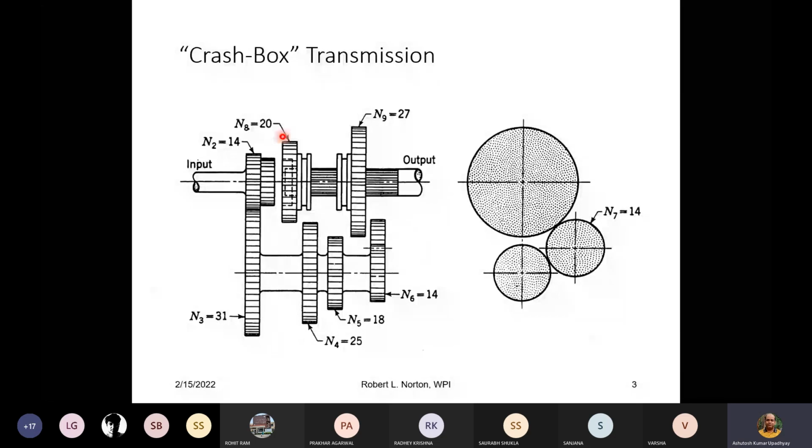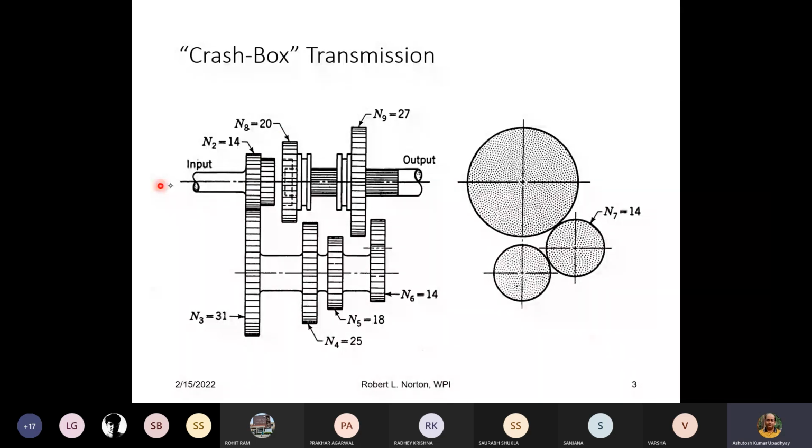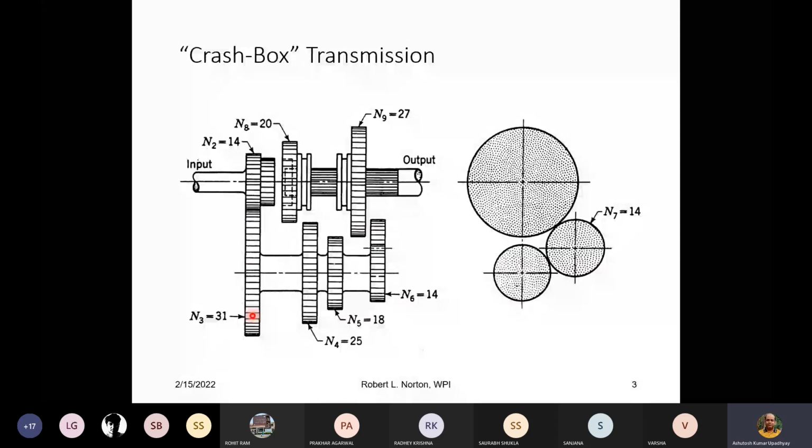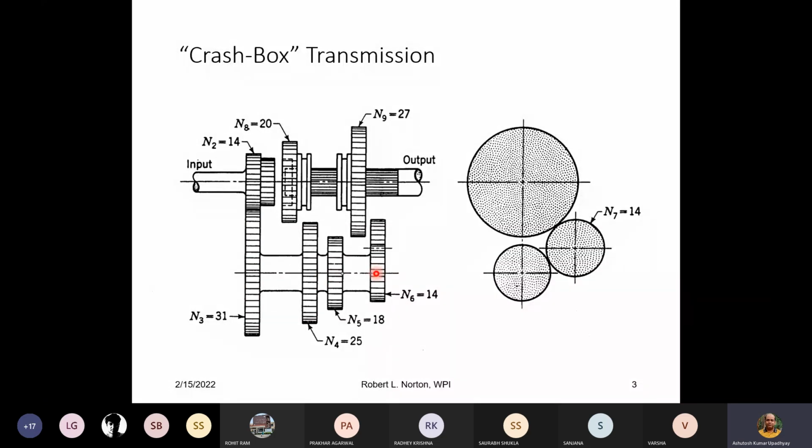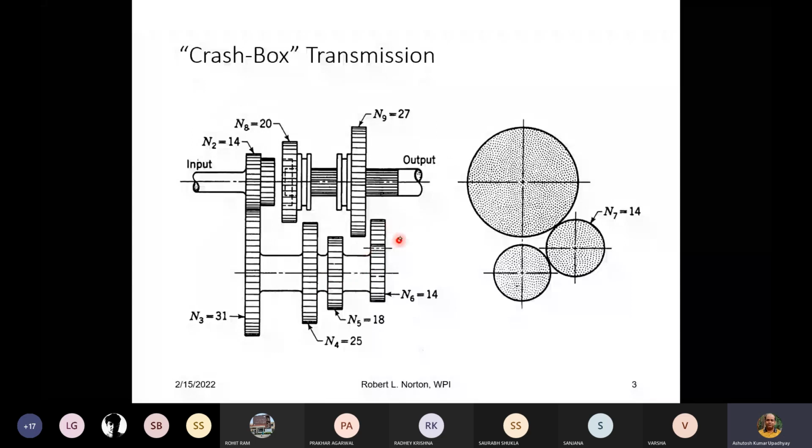If you see, this is the input shaft from the clutch. You are coming to the input shaft, so this is the clutch gear. Then you are coming to the counter gear on the counter shaft. Now, if you see, there are 1, 2, 3, and this last one actually,